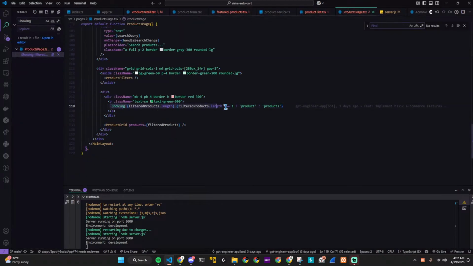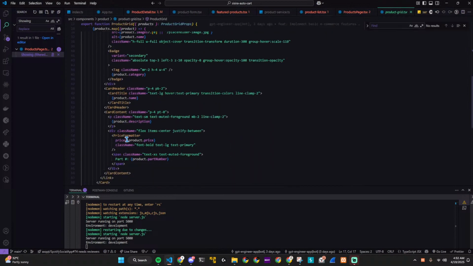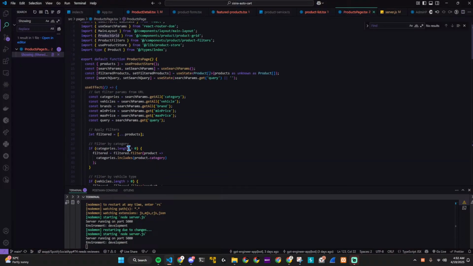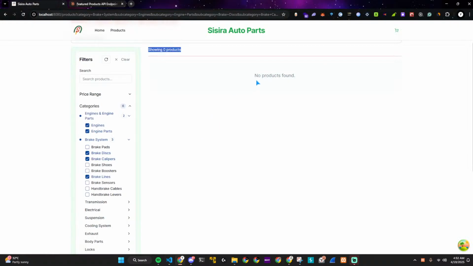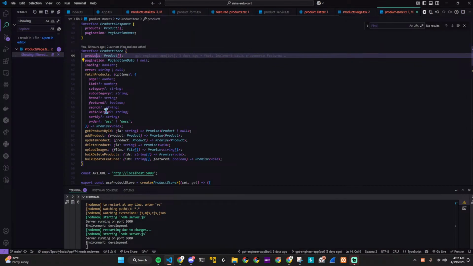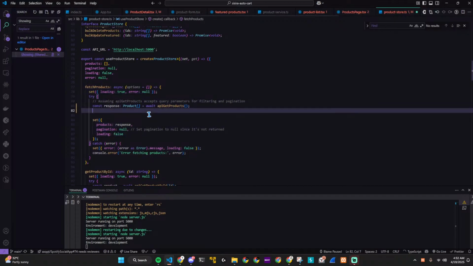Cool. Right here. So this is the product grid. So it's rendering off of this component. Okay, so in terms of what's rendered here, where is it calling for these products? It's calling for products from here, which is the same procedure as calling for this one. Cool. Let's say, for example,